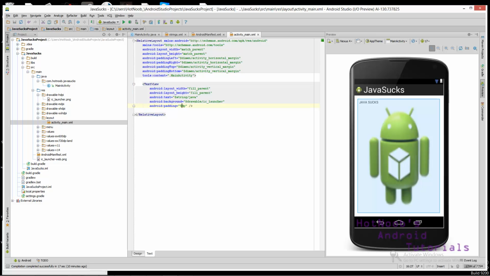Then we have padding. Now, there's another unit that you can use, which is px, and it's pretty self-explanatory here. DP, can you guess what that stands for? Well, my best guess is display pixels, and then px is just plain old pixels. And display pixels, I'm assuming, is just to